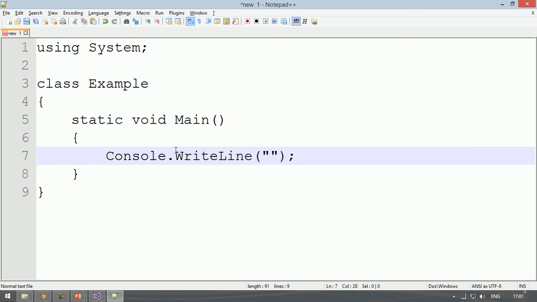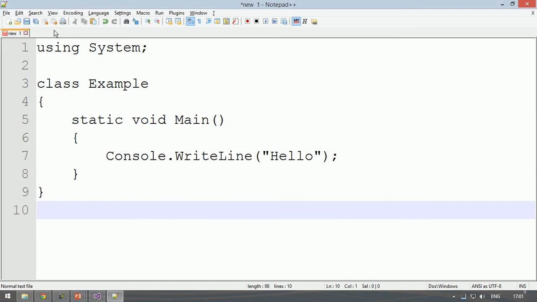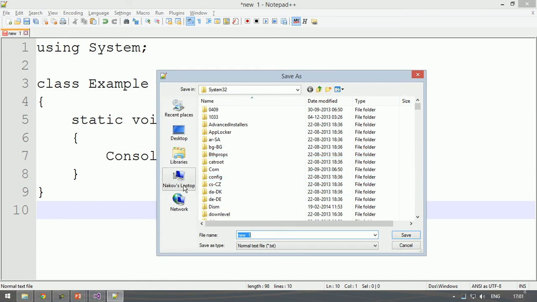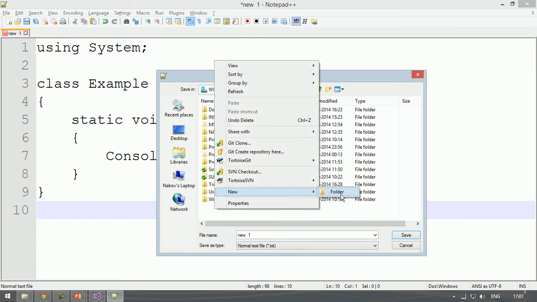Quotes, return back, and I print something. The idea is to close something immediately after open it and return back and to write your code inside. Okay, that's my program. I want to save it. I click save or this button, and I will save it, for example, Nakov swap top, drive C, new folder,